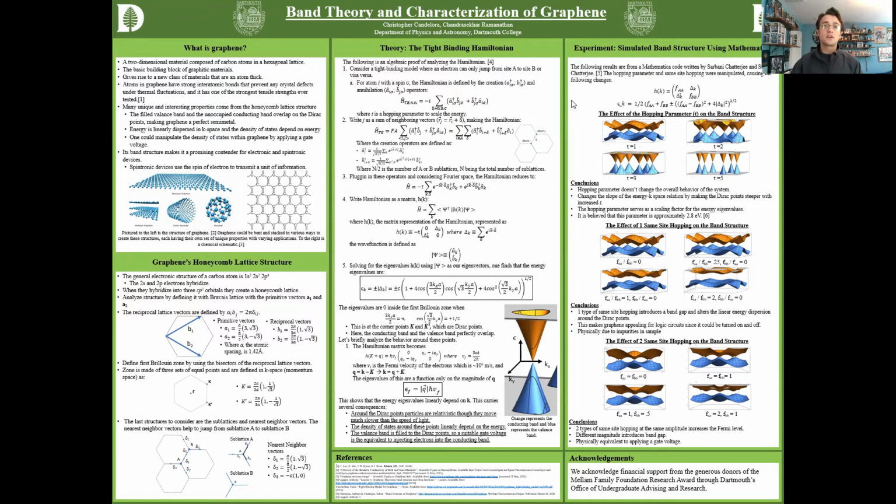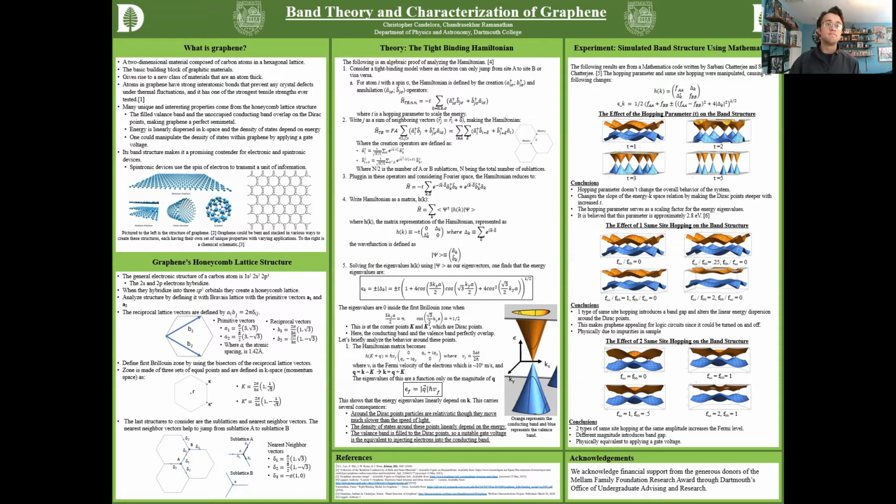The honeycomb lattice structure of graphene that you see here gives it desirable electronic properties that make it a contender in electronic and spintronic devices. Spintronic devices use electron spin instead of charge to transmit a unit of information, which gives higher processing speeds to computers. I've spent the last term researching and trying to understand these electronic properties from a more theoretical standpoint as